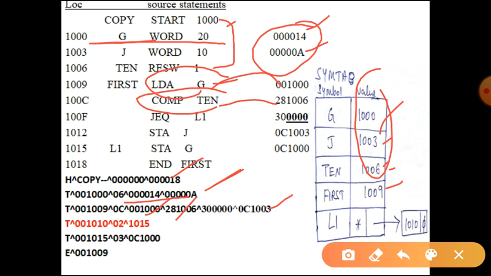Similarly, for JEQ L1, as I had told, this is a forward reference. When it finds this forward reference, in the symbol table, the same way as in the earlier case, it notes that this is undefined by putting a star, and it creates a forward reference list